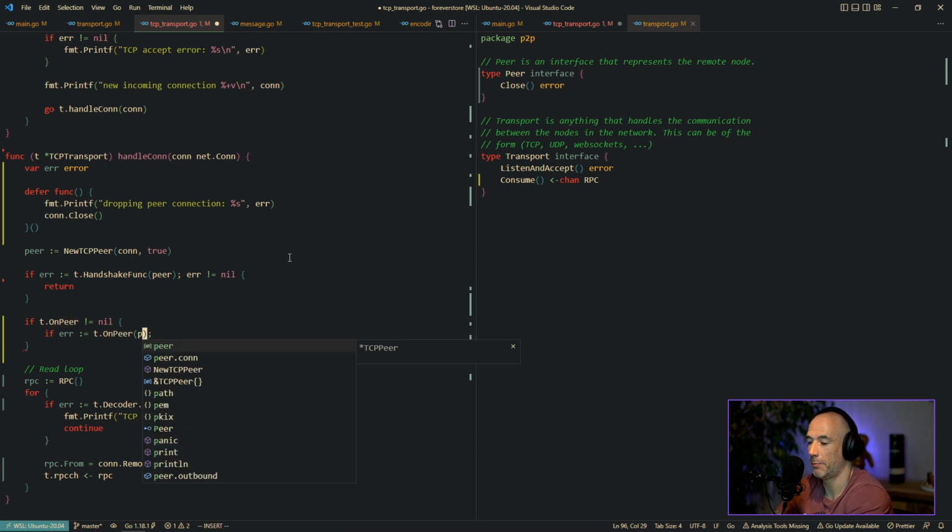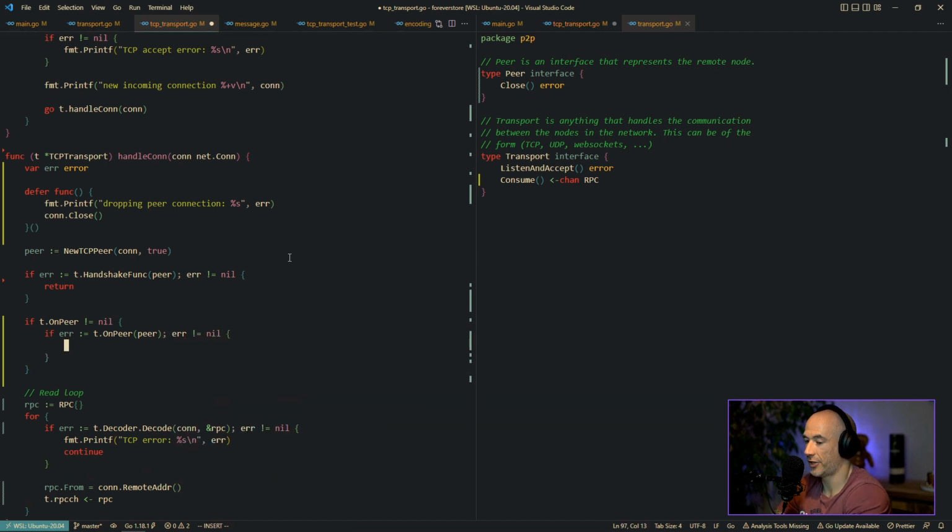No, it's going to be the peer we just made. And if the error is not nil, then we're going to say these errors need to be new errors actually. Then we're going to just return.